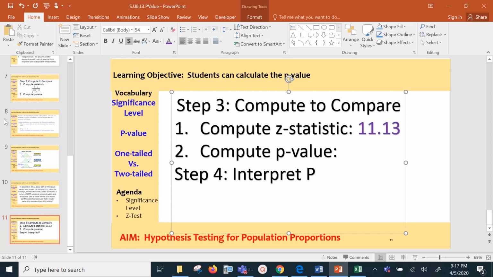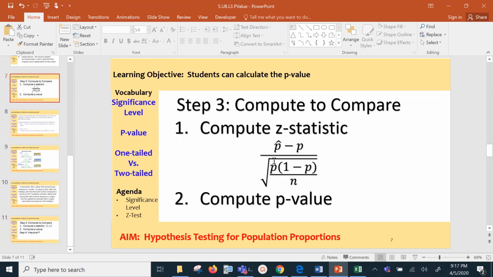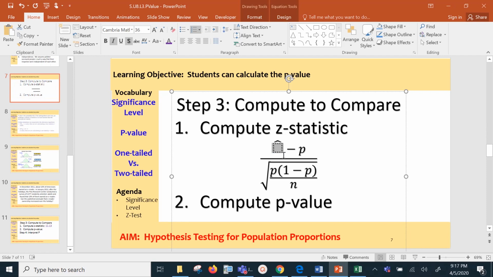And if you could, for your guided notes, just copy down these steps, and just show the math work. It doesn't have to look like this. You can write p hat, like p and then hat, like that, p hat. But if you want to, the way Mr. Pilisher got this is I used